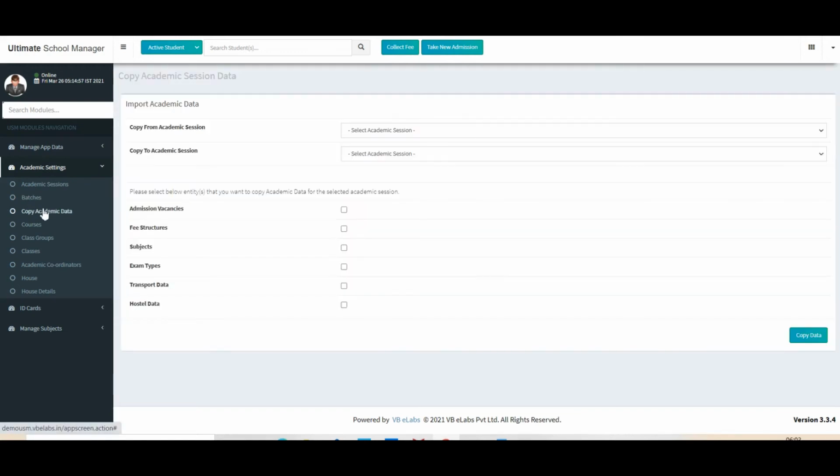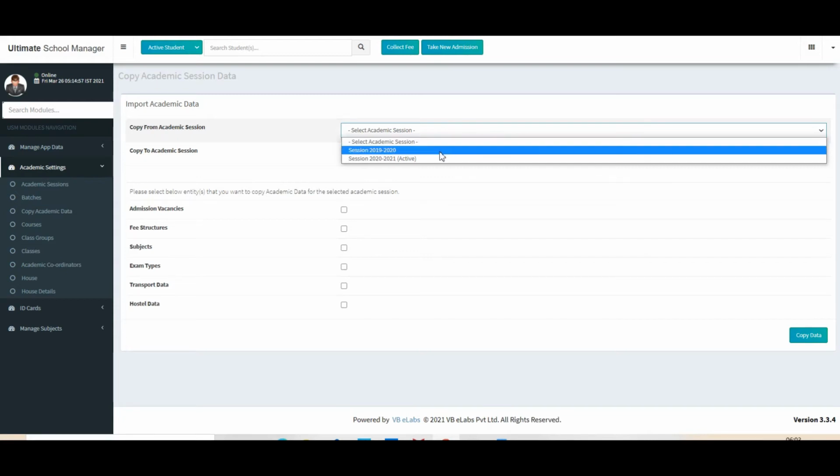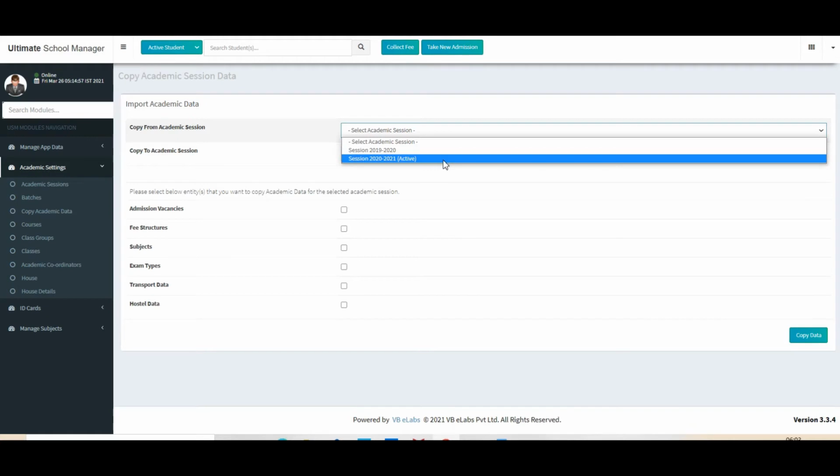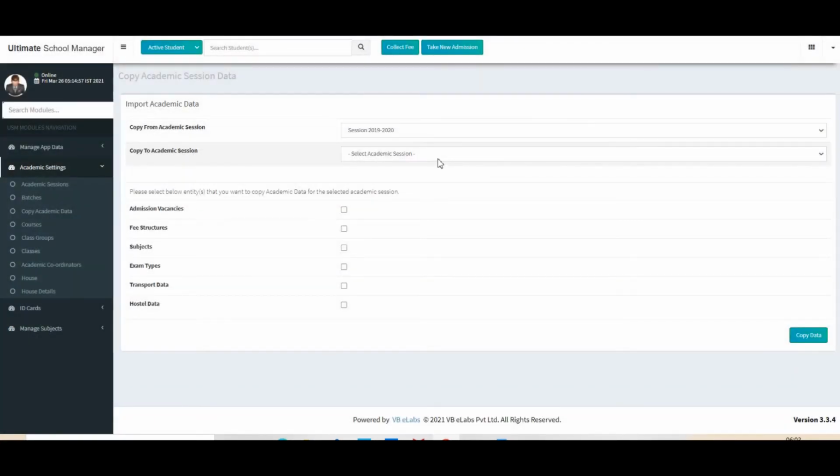For ease of convenience, we have also kept an option of copying the academic data. Just to reduce the manual work, if there is some data which you need to carry forward from one session to another, you can easily do that in this ERP.